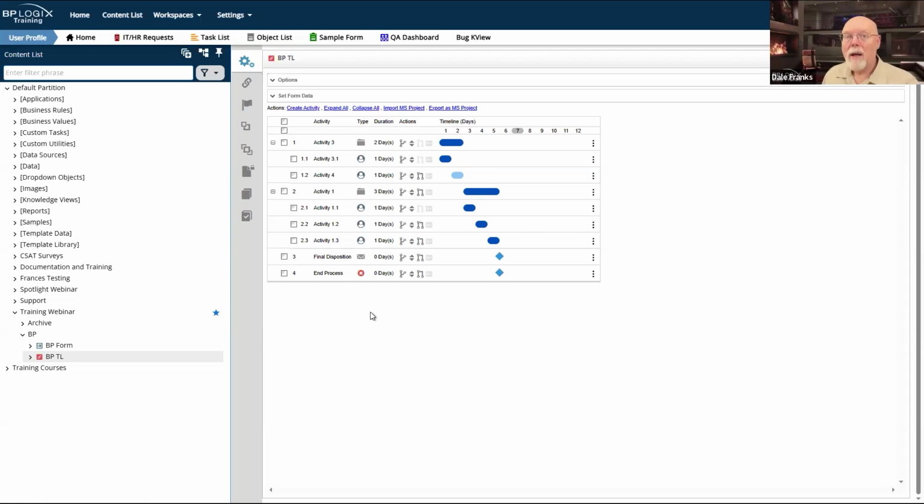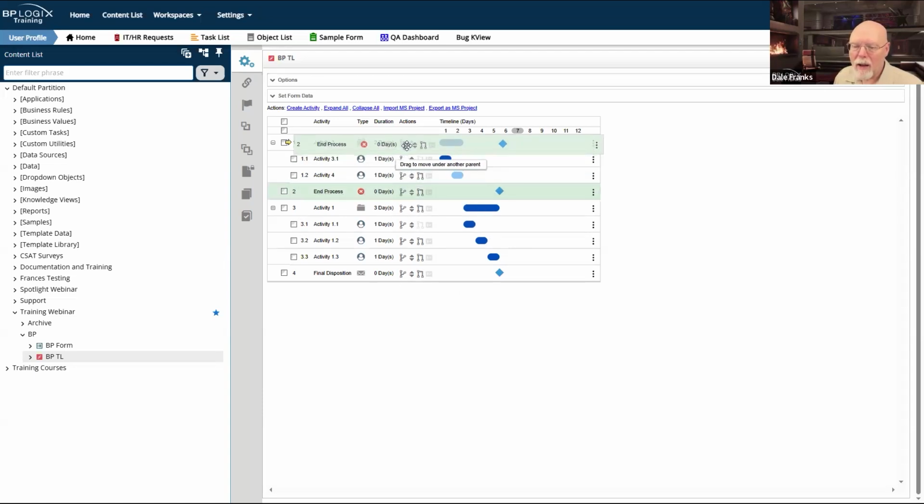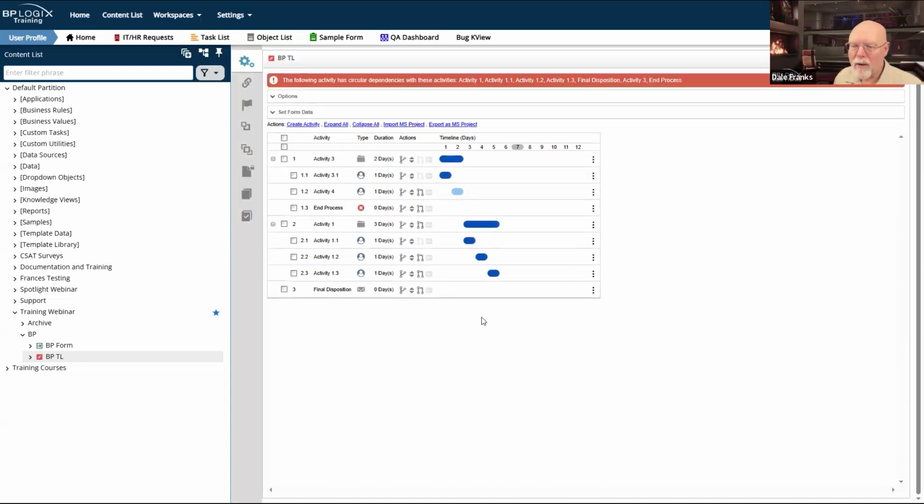Now, the purpose of the end process is actually to end the process before its natural lifespan would end, usually because something untoward has occurred and it wants to end the process. So a use case for that, let me move it up here, and then let me drag it under here.